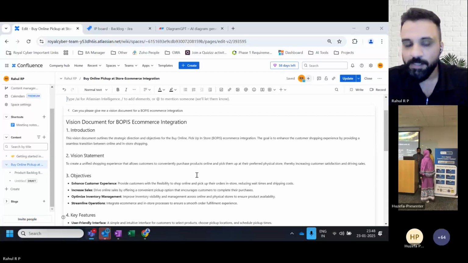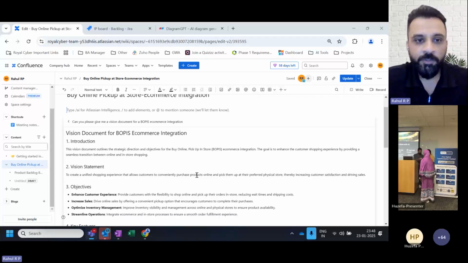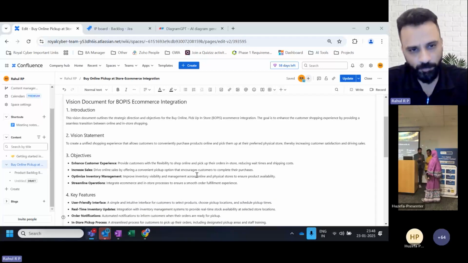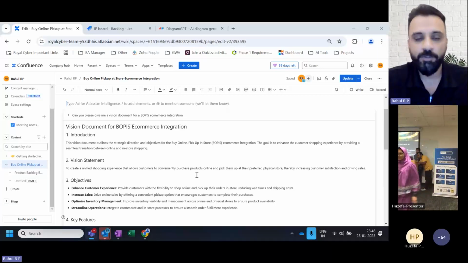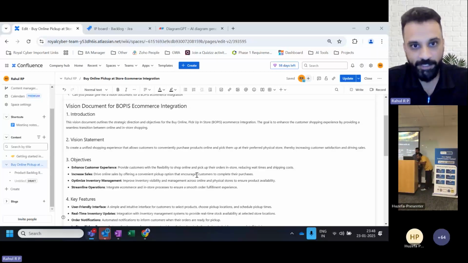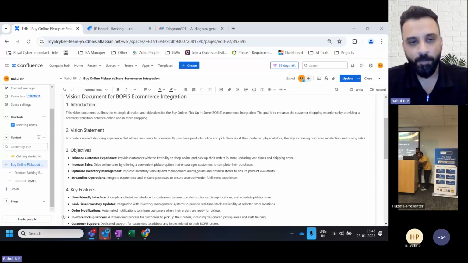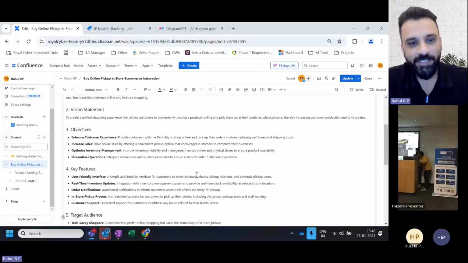Yes, thank you. So I was just trying to put together a vision document. In its ideal sense, putting together a vision document, just before the advent of LLM and AI, used to take at least two to three days, or sometimes not less than that. The point of that is to understand what the vision is, setting up the right objectives, key features, target